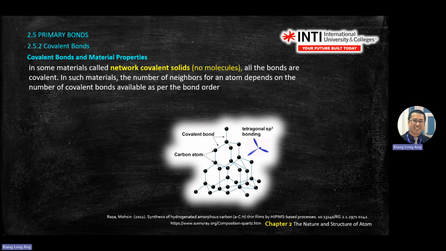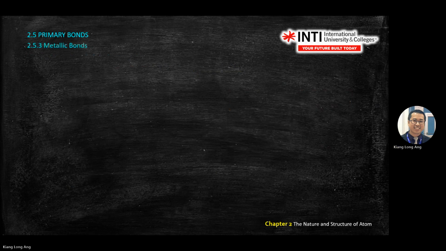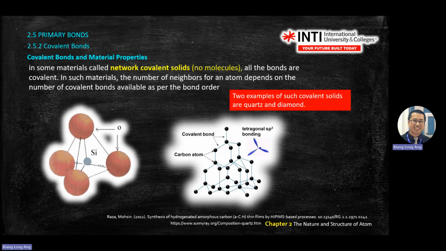Okay, then covalent bonding, some materials are called network covalent solids, something like that, right? So this one is like diamond, right? Diamond, Si with the oxygen and so on. So we have completed ionic and covalent. Now we go into